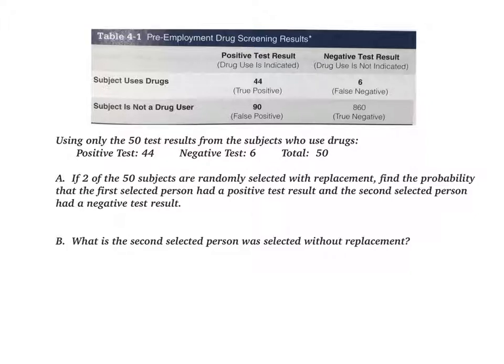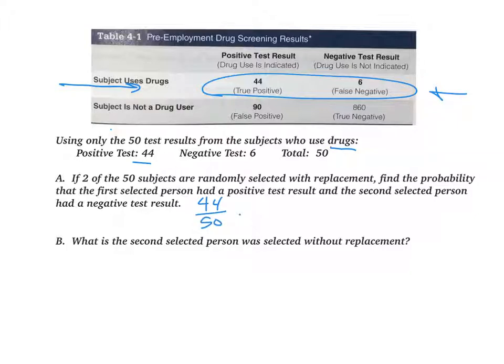This first one, same old chart here. You've seen this one a lot now. If 2 of the 50 subjects are randomly selected with replacement, now I'm talking about the 50 who tested the used drug, so all we're looking at is that row right here. With replacement, find the probability that the first person selected had a positive result and the second person had a negative result. Now, the first person having a positive result: there's 44 people who had positive out of 50, so it'd be 44 out of 50